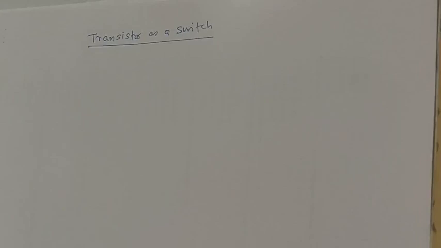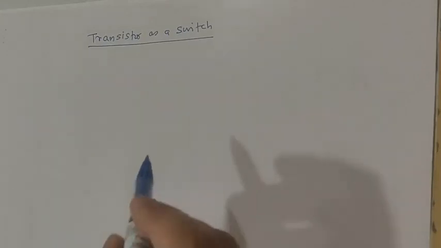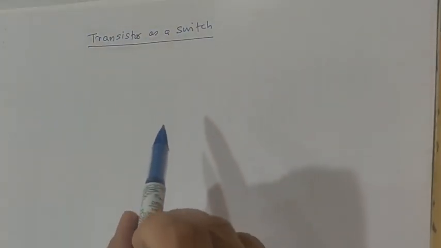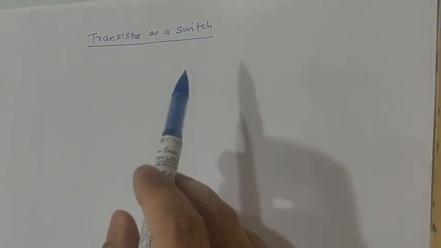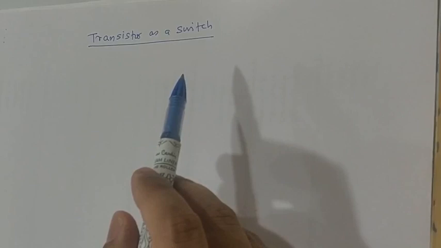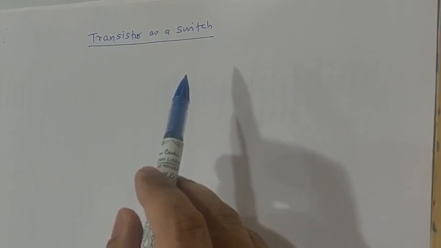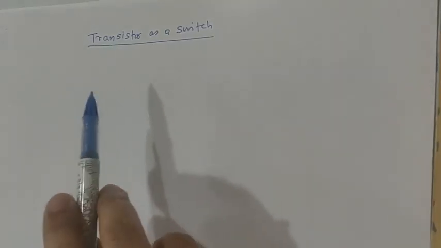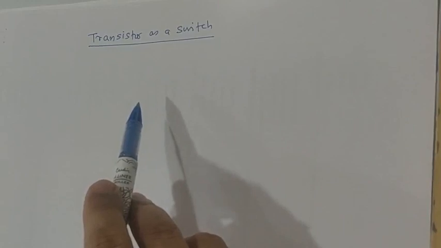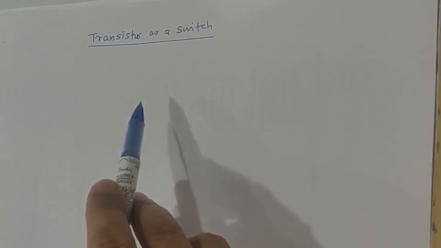Okay. Now a transistor can be used as a switch. Of course, it has 3 regions of operation that we have already seen. When both the emitter-base and the collector-base junctions are reverse biased, the transistor operates in the cutoff region, because both input and output sides are in reverse bias. And when the emitter-base junction is forward biased and the collector-base junction is also forward biased, it operates in the active region and acts as an on switch.